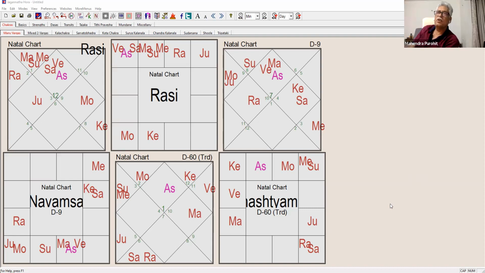ठीक है देखिए, इधर fifth house is completely affected here. The fifth house is aspected by Mars, and the fifth Lord is aspected by Saturn. If we say Mars is blood flow and Saturn slows it down, so we can say the blood flow slows down. And the fifth house is aspected by Ketu also. Ketu's orbiter is on Mars. And the thing I was looking for is that Sun is actually exalted in D1.